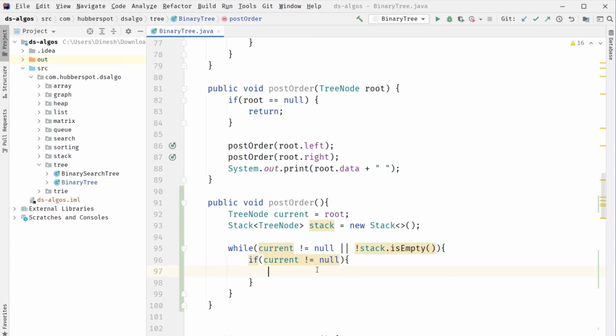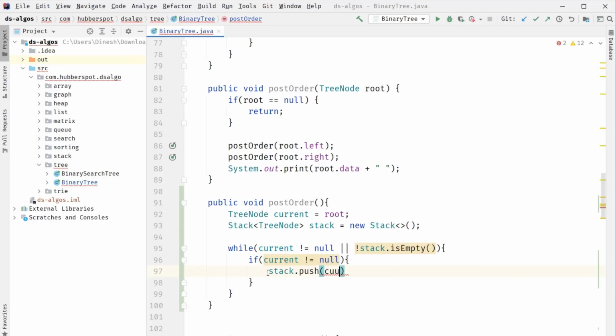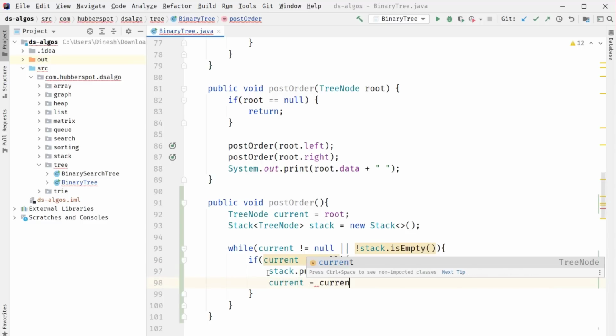So if current is not equal to null, there is a possibility that current might have a left subtree. So the first step we do is we simply offer, or you can say push, the current on the stack, and after pushing current on the stack we simply go to its left by assigning current's left value to current.